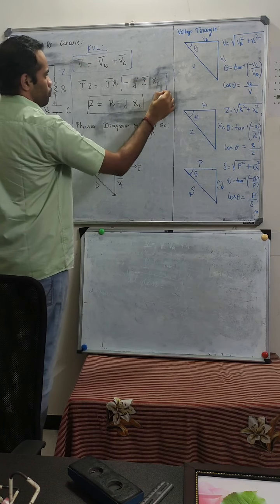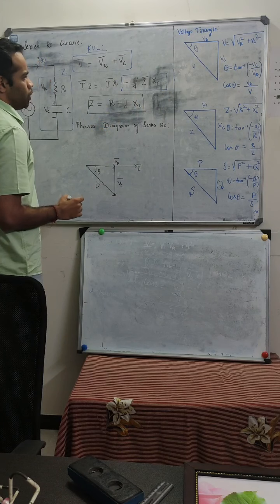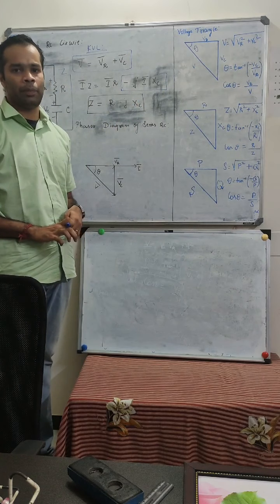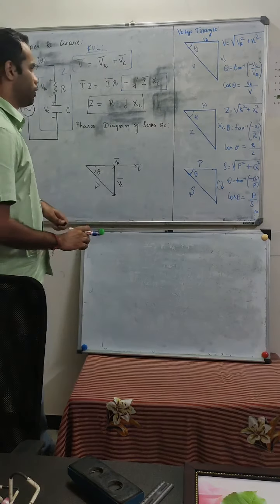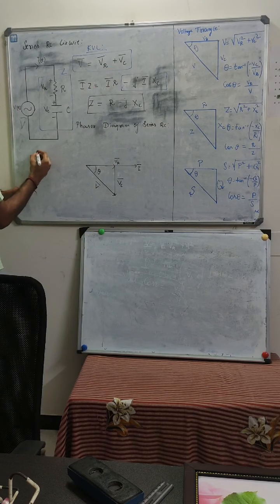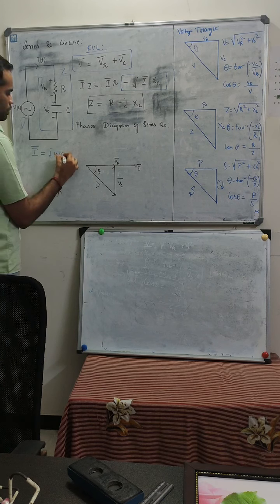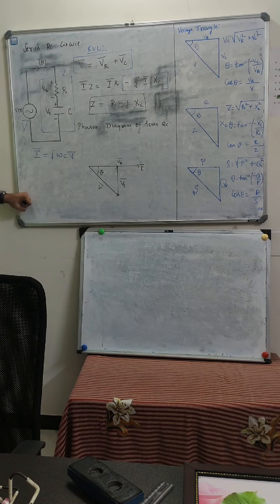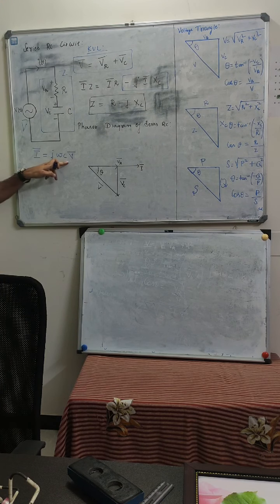The reason for this is that you need to go through the phasor relationship of capacitors. We have concluded that I phasor equals J into omega C into V phasor. This was the relationship which we have seen, so please go through the previous video or your lecture notes. Here I have mentioned the particular thing we concluded: I phasor equals J into omega C into V phasor.